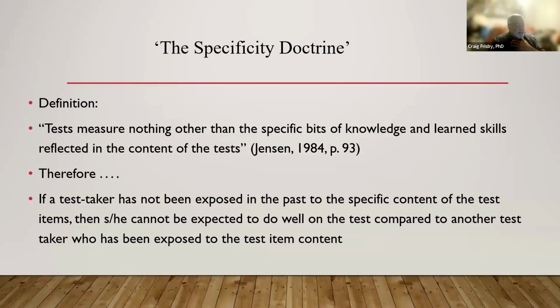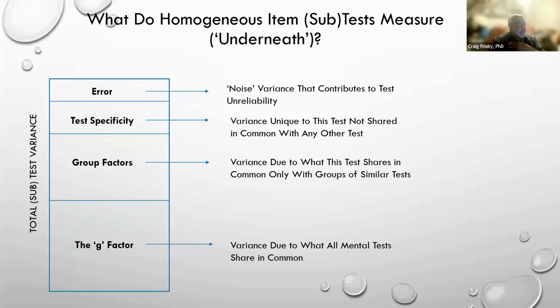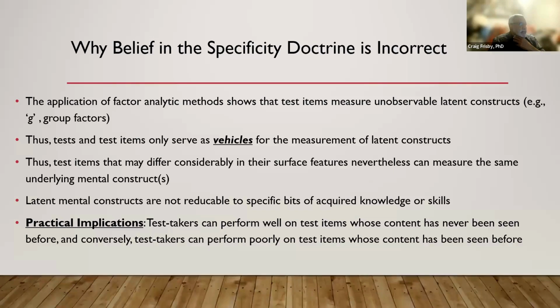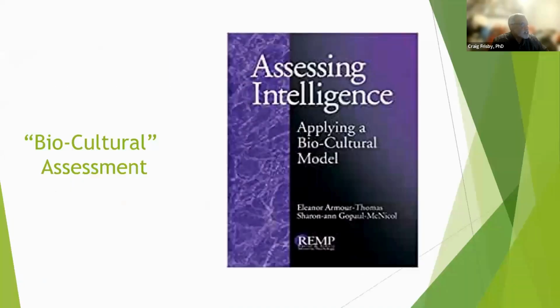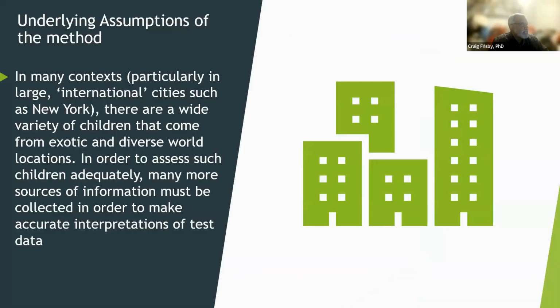The basic idea there is that whenever you have any kind of a nonverbal test, even if it has no verbal items, or even if it's administered completely non-verbally, we still find ethnic, social class, and racial group differences in the scores, even if the test is administered completely non-verbally.